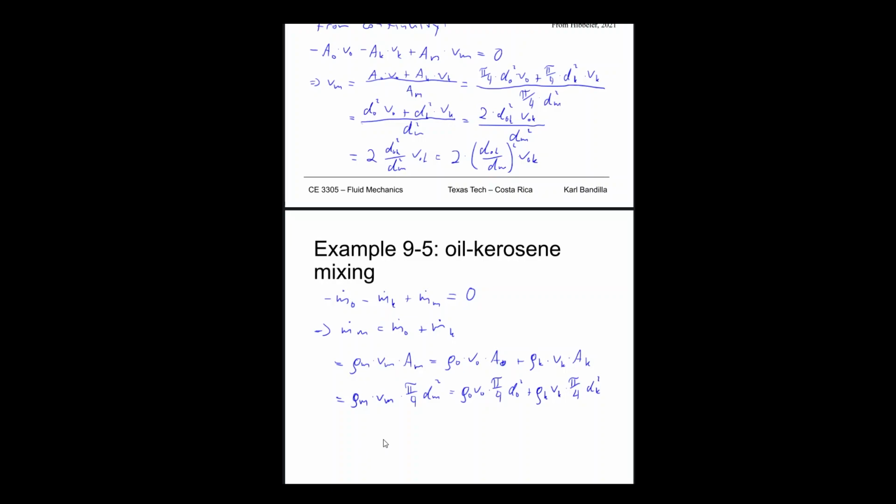So of course we can divide all of that by pi over 4, because we have it on both sides. So that means we get that rho m times Vm times dm squared is equal to rho oil times V oil times d oil squared plus rho k times Vk times dk squared,